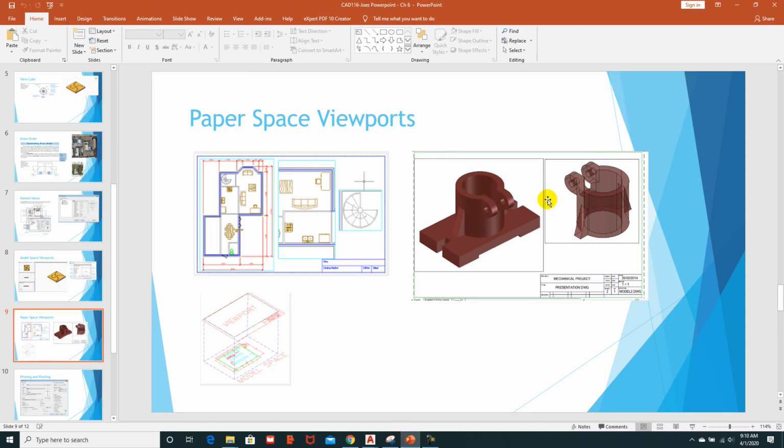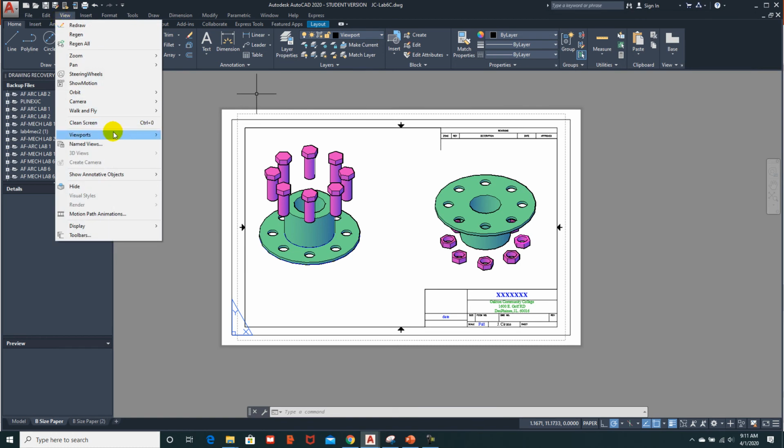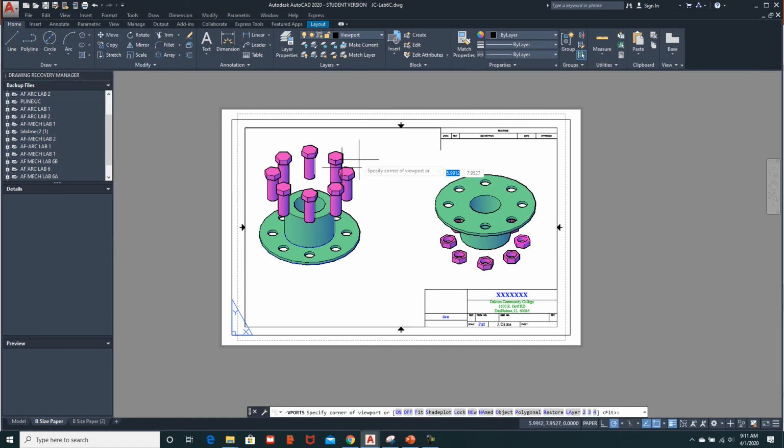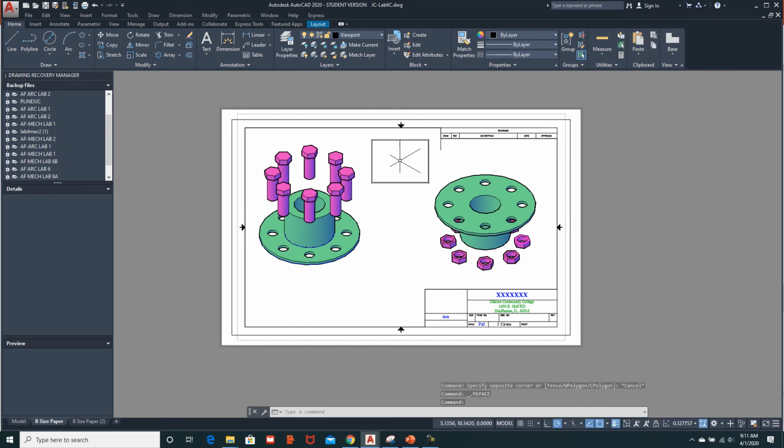And then if we wanted to make viewports, what we would do here, for example, you can already have something here, and typically I'll make these on the viewport layer. I'll say view, viewport, one viewport, and then you can just go and create another viewport within the Paperspace, double click in that viewport, and then you can go through and display whatever's there. And so you can go in here and you can set that up for just one of the models,